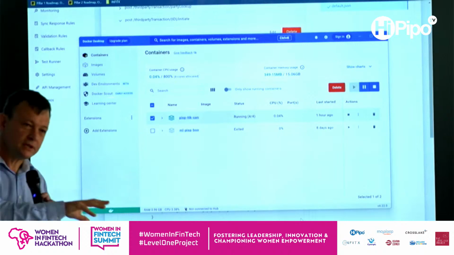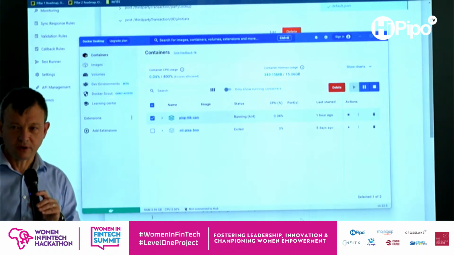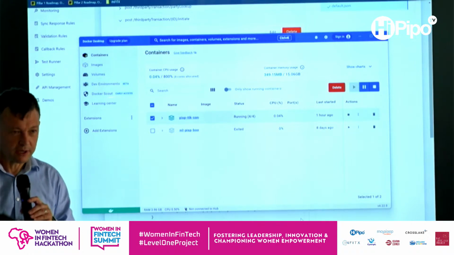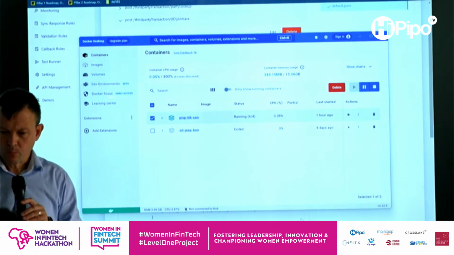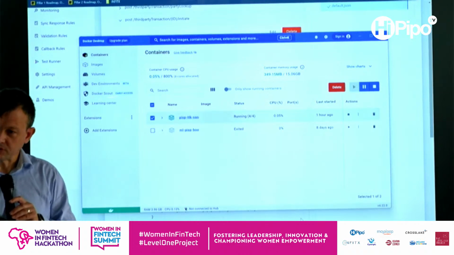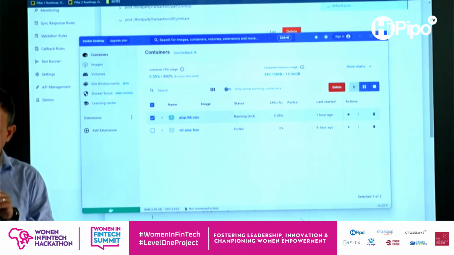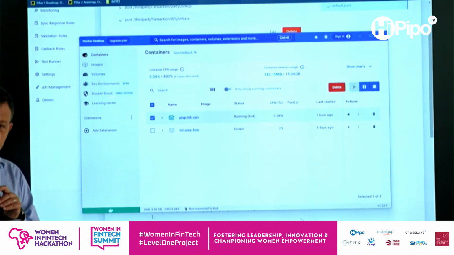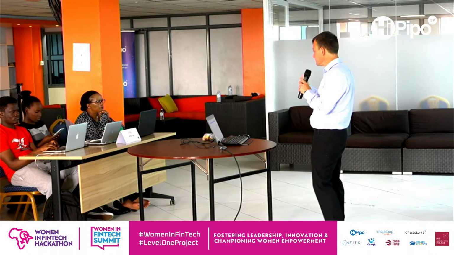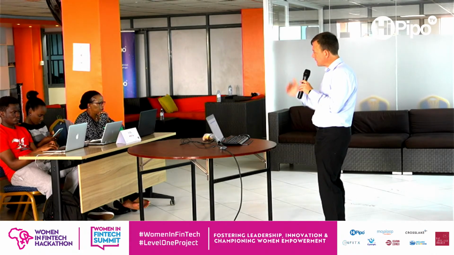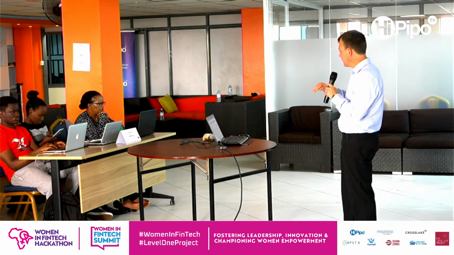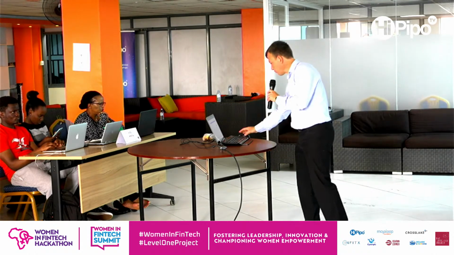So the question is from someone online. They are struggling to get this working in Ubuntu. So the first part is making sure that your Docker Compose is properly installed and running. And the second one is to make sure that you got the right Docker Compose image running and you don't have other TTK images running. If you've already got TTK running, it's probably configured to use the same ports and they're going to conflict. So maybe make sure that those aren't running,